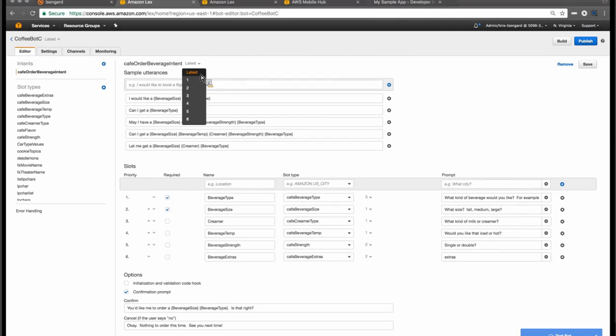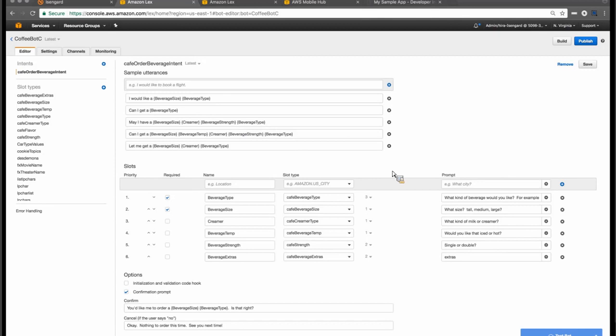So when we first get to this intent, as you can see, there's a list of utterances. Utterances don't have to be exactly what you expect users to say. Lex will use the same natural language understanding as Alexa and understand a lot more than what you might expect it to. Having said that, it is useful to include the slot values and slot types that you expect your users to speak with or type with.